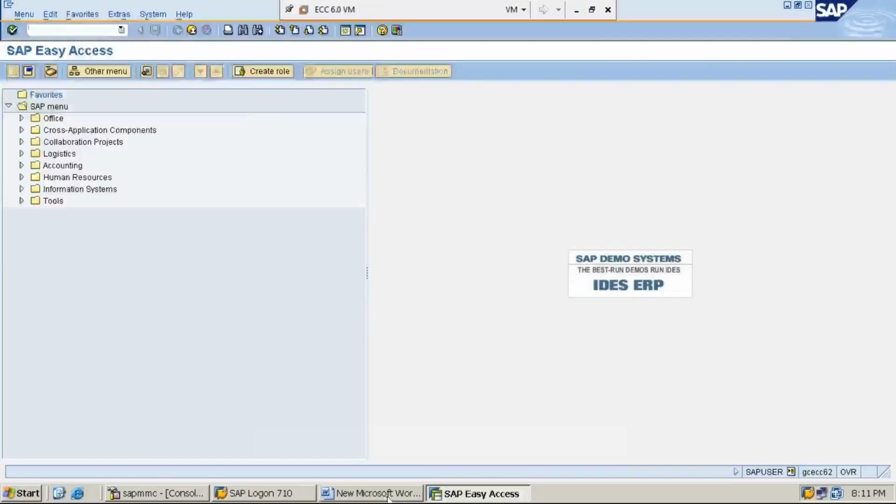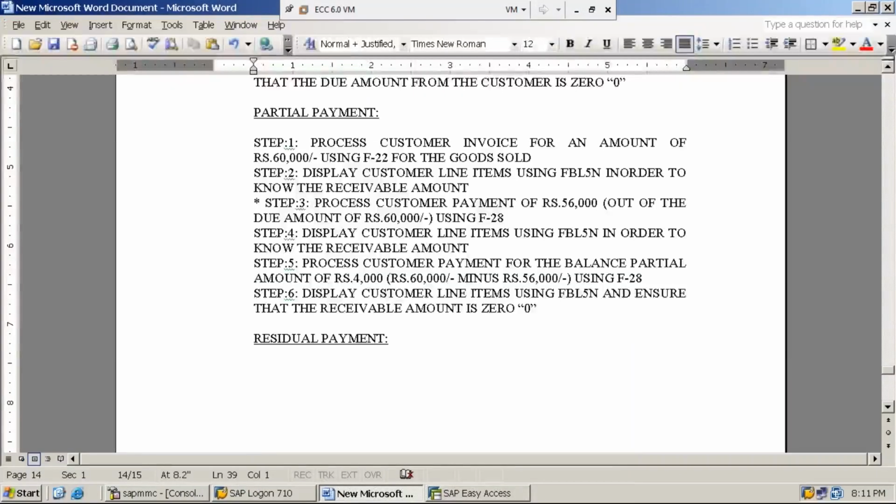in accounts receivable in customer management. We are done with standard payment and partial payment, where standard payment mode is used when the entire amount is paid by the customer at a time, whereas in partial payment he will initially pay the maximum amount of the due amount and the remaining amount he will pay later on. Then another method is residual payment. So let us see how the residual payment option will work in the SAP